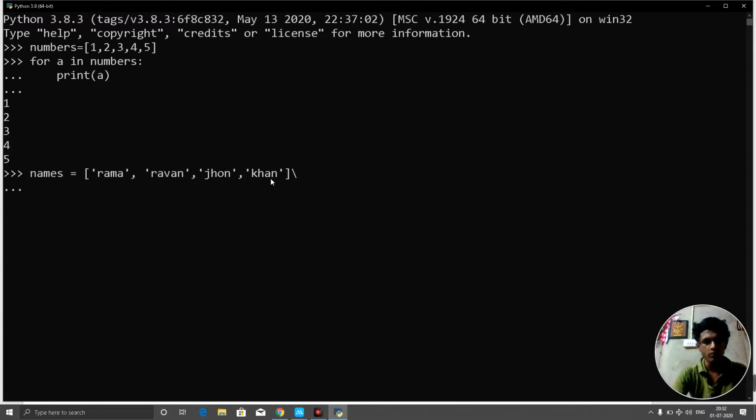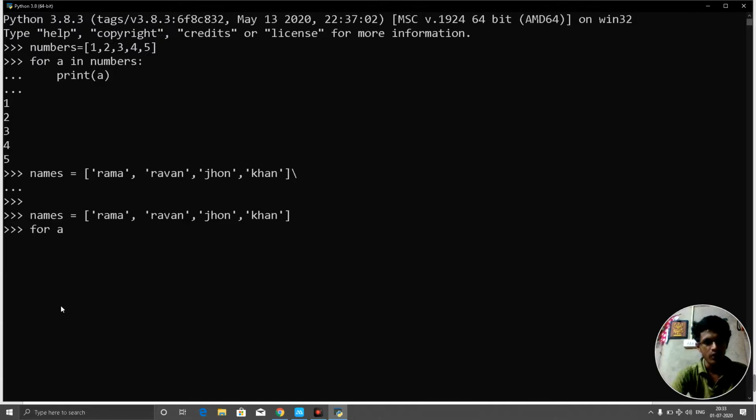Oh sorry, I pressed one button by mistake, so I need to redefine it. Names equals to Rama, Ravan, John and Khan. Now for any variable you can use, I will use again the a. For a in range, no, not the range, for a in names.